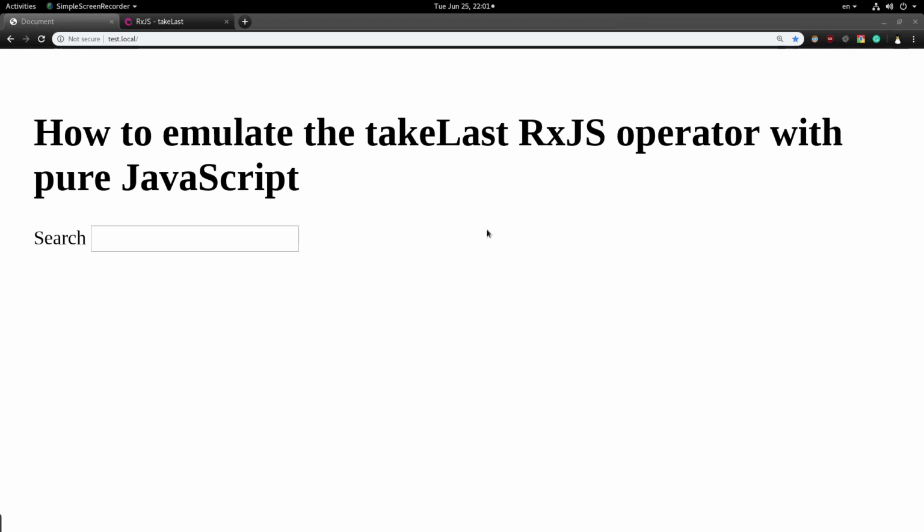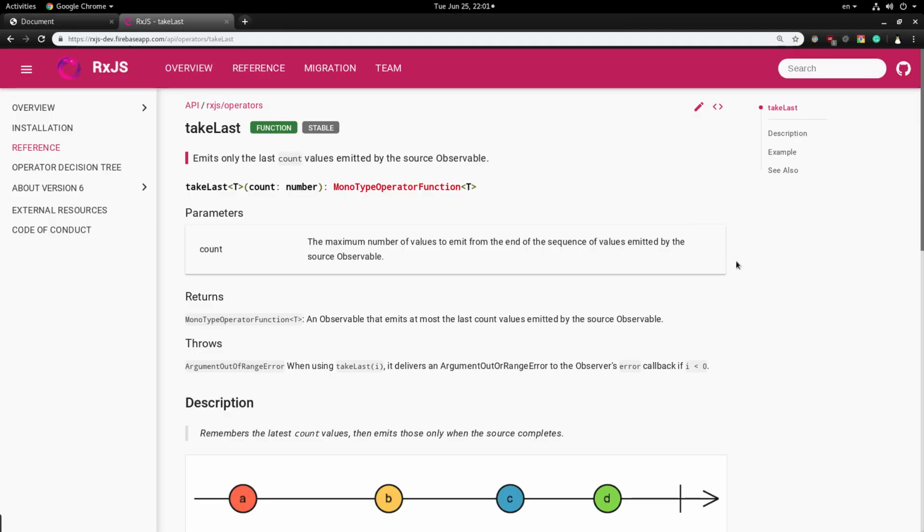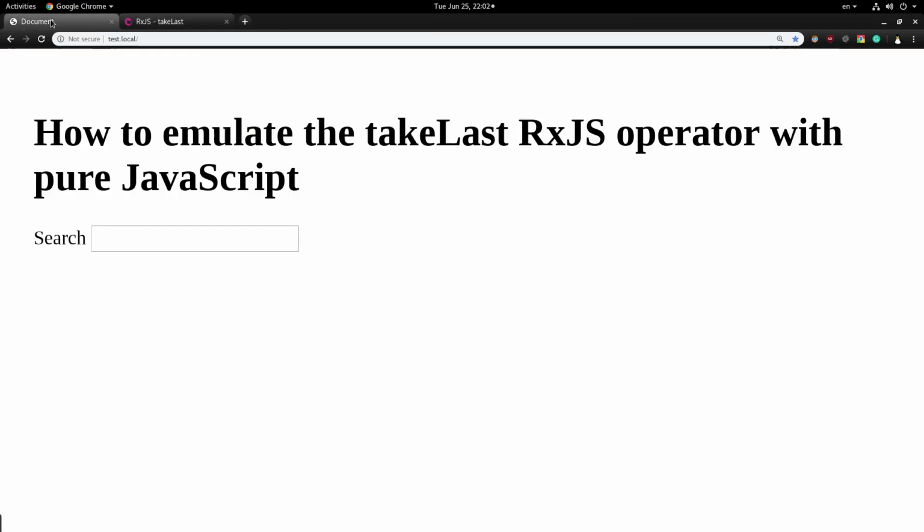task. For those that are not aware of RxJS, RxJS is a library that is very helpful, especially with functional programming. It includes a lot of operators that are extremely useful, that make working with data very efficient and very straightforward. So today we will take a look at the takeLast operator